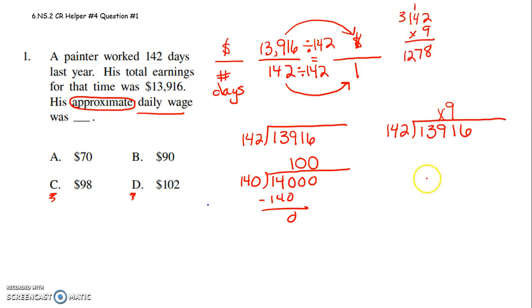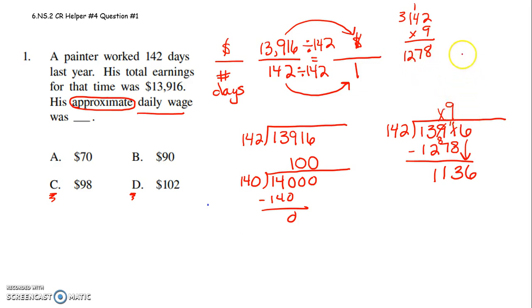All right. Hopefully, as long as I haven't made a mistake in my multiplication, I should be able to handle this. And then I have to subtract off. And I say, oh, goodness, I can't take 8 from 1, borrow from the 9. So now I had 9 tens. Now I have 8 tens. And that allowed me to borrow 10. 10 and 1 gets me up to 11. So 11 minus 8 is 3. 8 minus 7 is 1. 3 minus 2 is 1. Drag down this 6. Well, if I know 9 times is 1278,